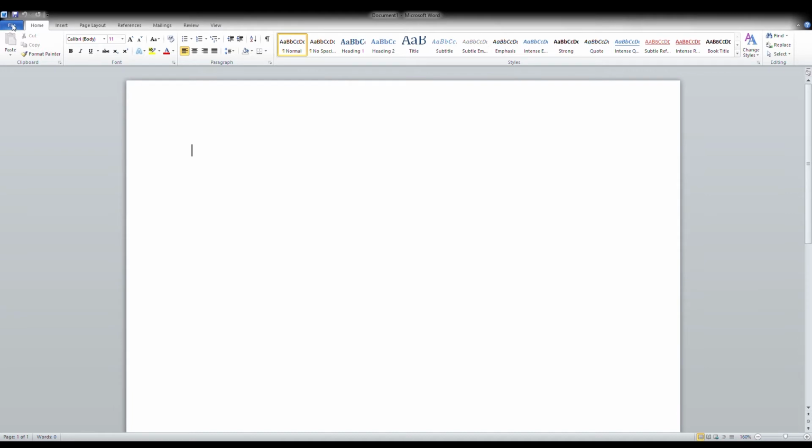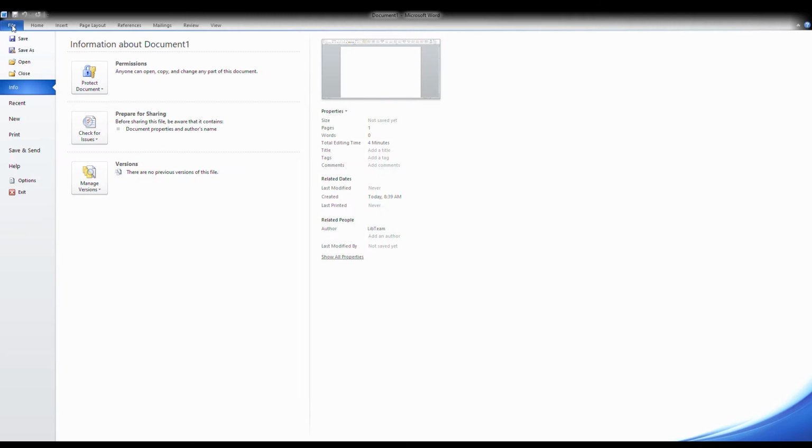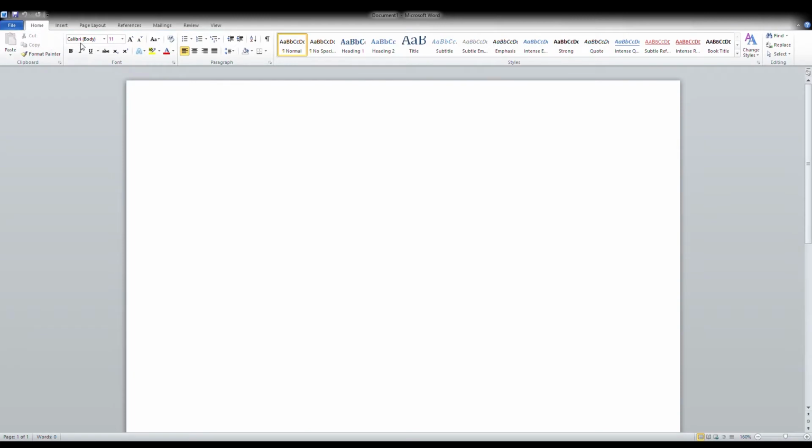The File tab sits to the far left, and this is where you would go to save your document, open or close an existing document, open a new document, or even print your document. Each one of these tabs has its own unique commands that are useful for you to complete a successful document. Let's go ahead and click on each one of these tabs to see what type of user-friendly commands Microsoft Word